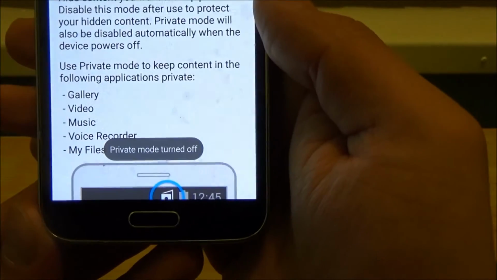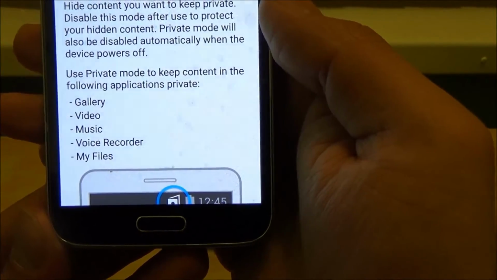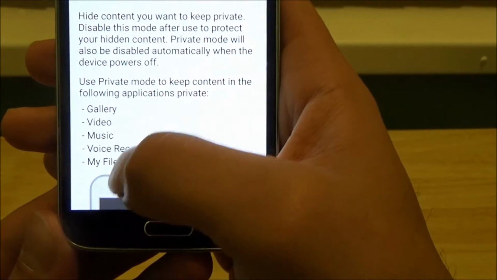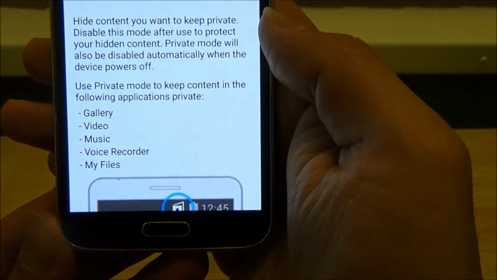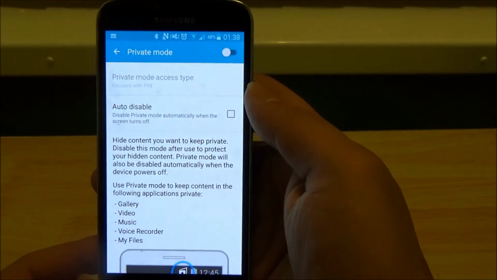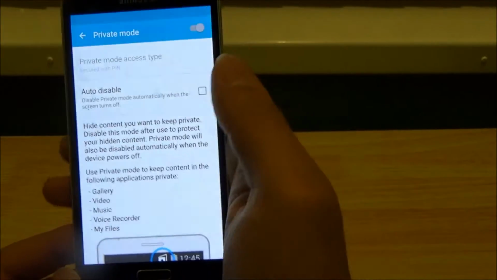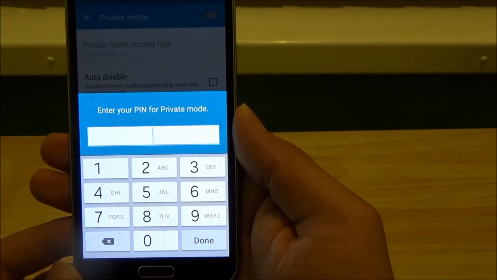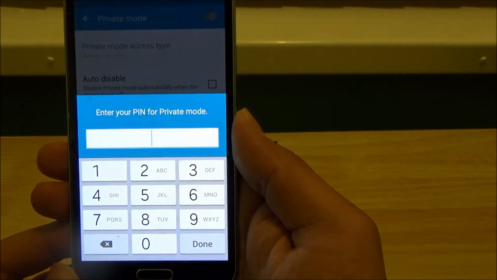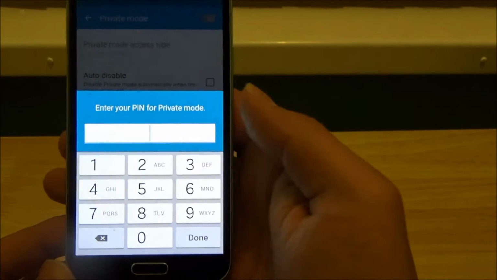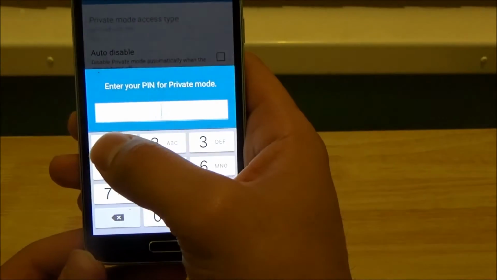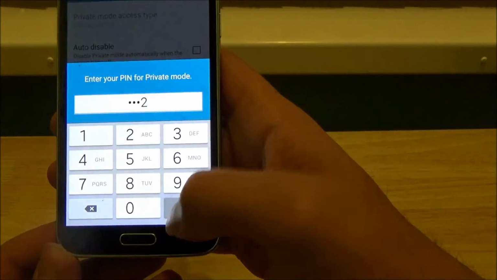So you can now see private mode is turned off, and you can see the type of content you can use with private mode. So gallery, video, music, voice recorder, my files as well. So what we do is we turn private mode on. Now it asks me for a pin, but the first time you do this it takes you through a kind of a wizard and you'd have to set your pin up. But I don't need to set my pin up, I've already got one, so my pin's 1122. If I press done,